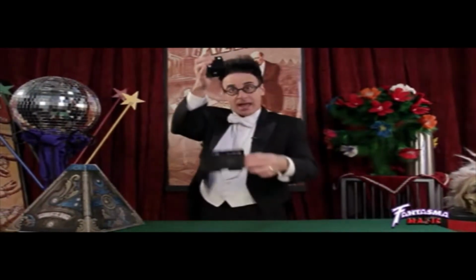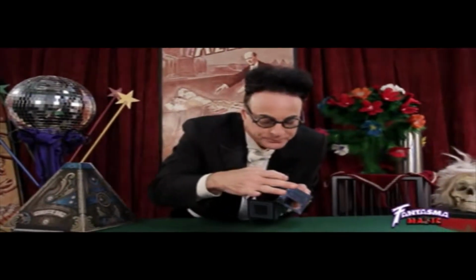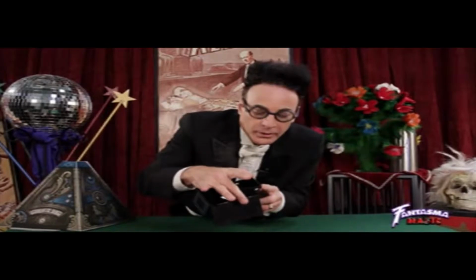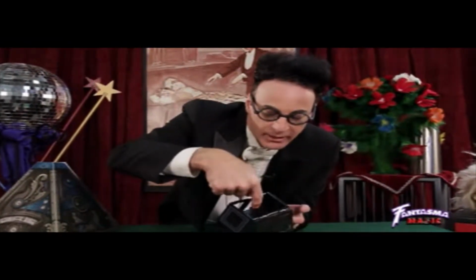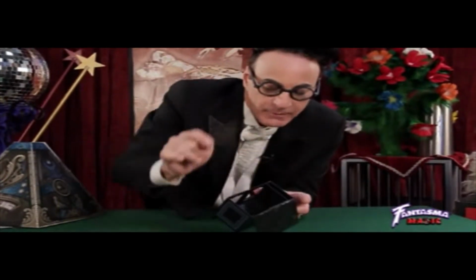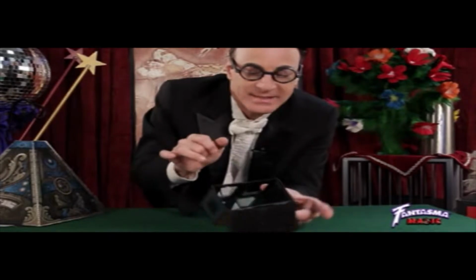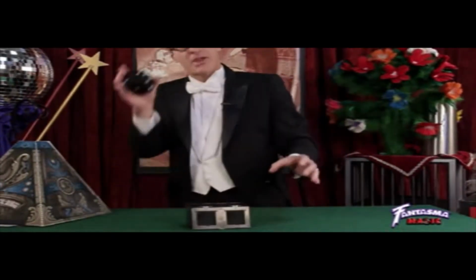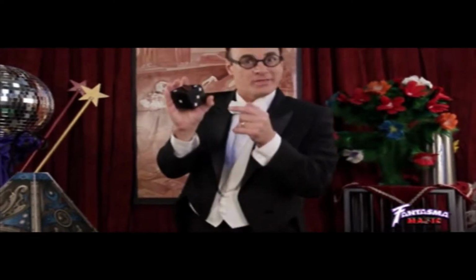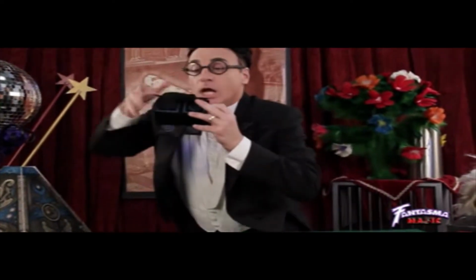You're going to place the die into the die box. And this part is very, very important. Make sure the corner goes over here to this corner. That way all of this area and the top is completely open, and the die has kind of disappeared when it's in that position. See that? So you pull the die out, the shell that is, put it inside the die box, close it up,